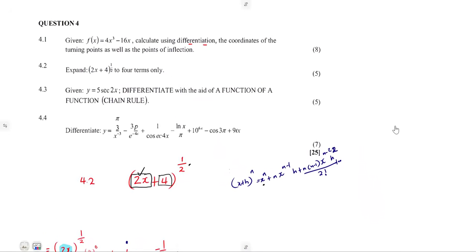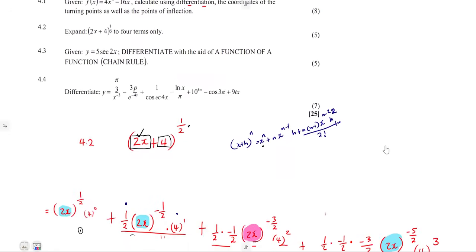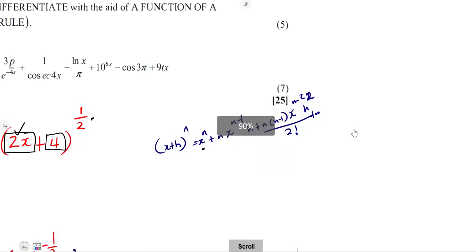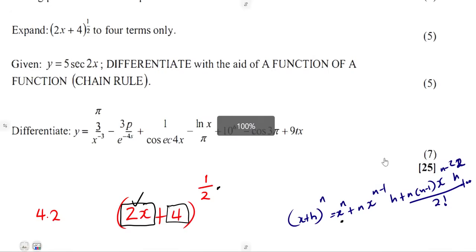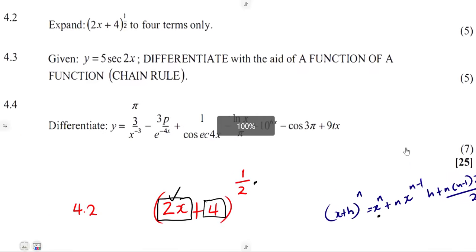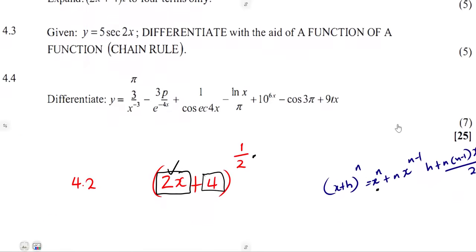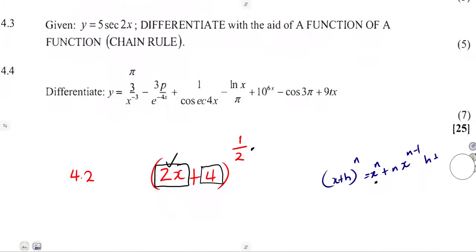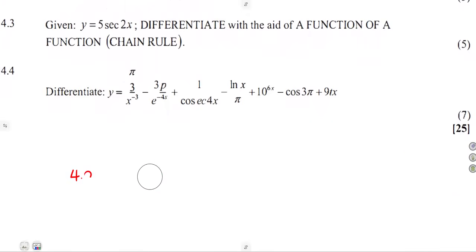Okay, anyways, let's check 4.3. We have got a derivative again on 4.3, and that is supposed to be using what? Function of a function, or the chain rule. Okay, so how can we apply our chain rule? Remember that